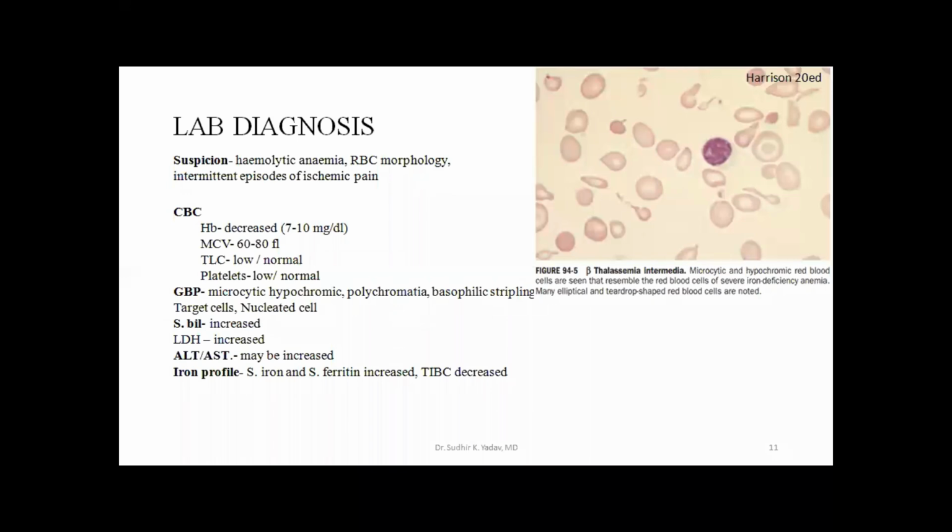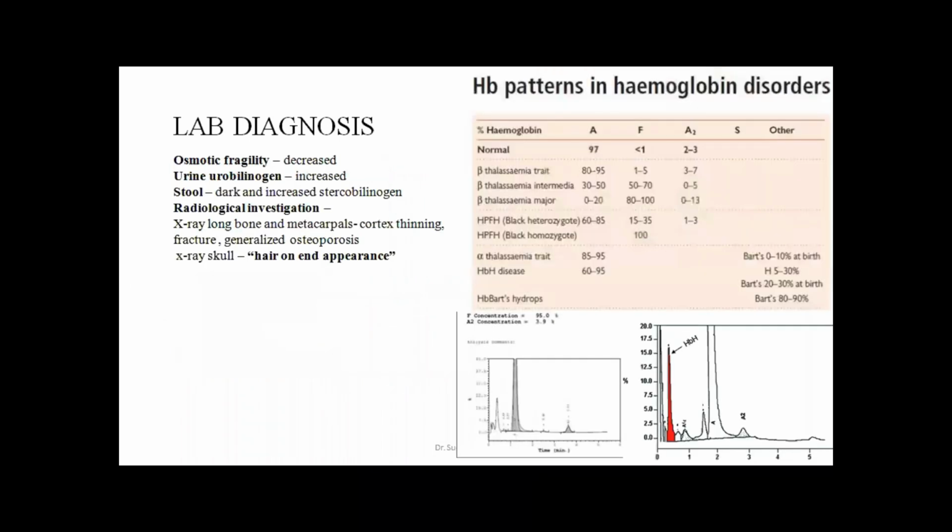Refer to the iron deficiency anemia part for the differentiation between thalassemia, iron deficiency anemia, and anemia of chronic disease. It has been discussed earlier in the classes of iron deficiency anemia. So you can go back to the iron deficiency lecture and see the difference between these three entities. Okay. How to confirm the diagnosis?